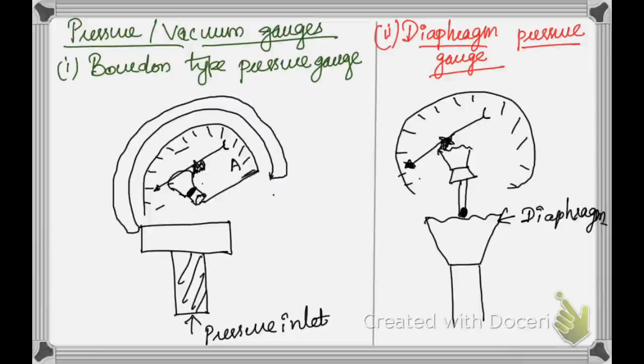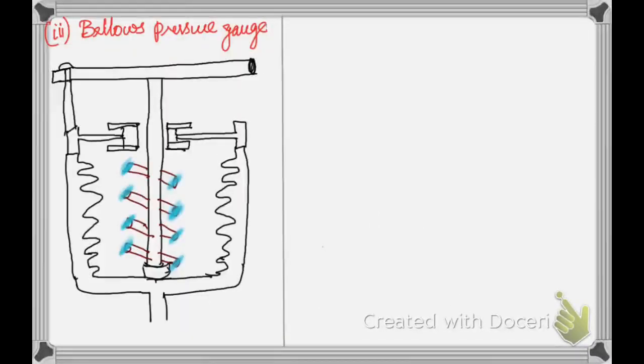The main advantage of the diaphragm pressure gauge is that it has a much faster frequency response than the U-tube, and as mentioned earlier, it is good for low pressure, and high overpressure safety can be maintained, and it can be used to measure gauge, atmospheric as well as differential pressure. And the main disadvantage is that it is more expensive than other pressure gauges. The next one we are going to see is the bellow pressure gauge.